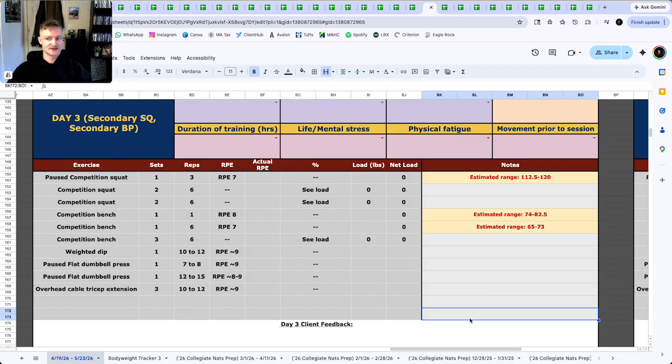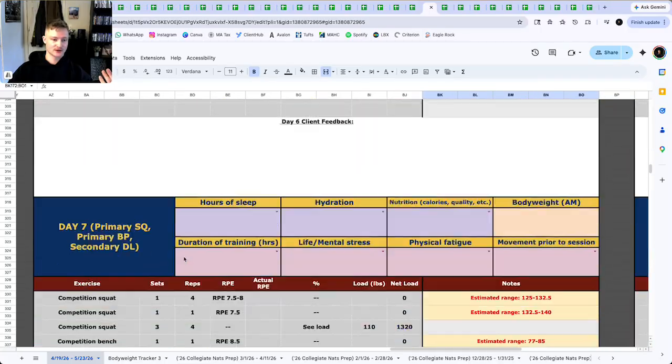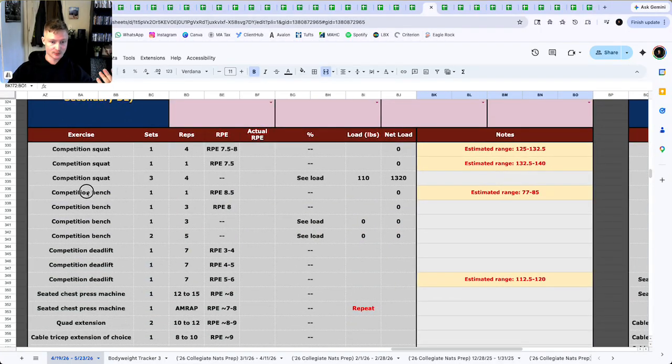There are other instances, like something I personally love to do throughout blocks, is intentionally periodize back off sets, or have a top rep set for someone, say on the bench press in this example, that gets chipped down over time and gets progressed over time. If we take Maxine's secondary session here, this is a pretty common primary bench layout that I have for people. I'll start them at a bunch of 4s or 5s for primary bench back off sets. I'll eventually progress those to 3s and 5s, and then 2s and 5s, and then 2s and 4s, and maybe adding a third set of 4. So it's really simple stuff.